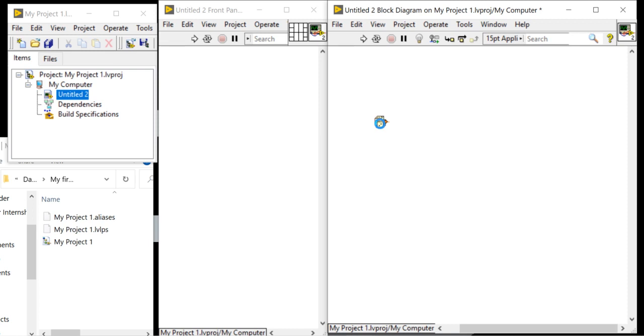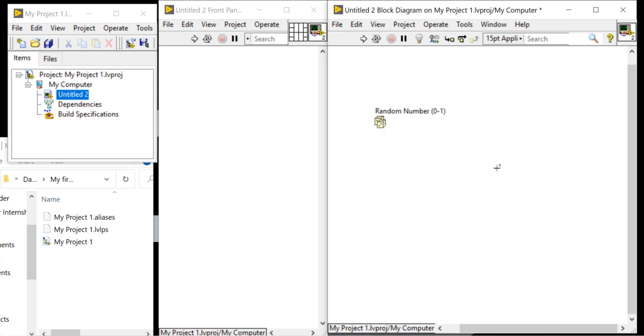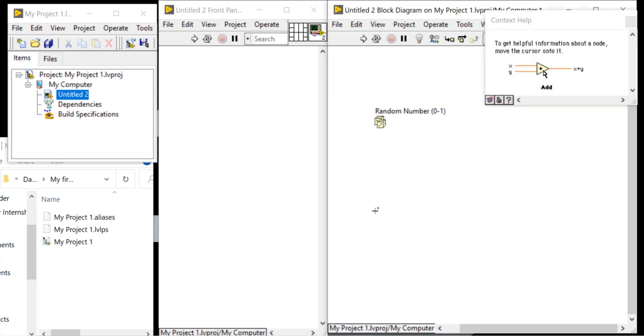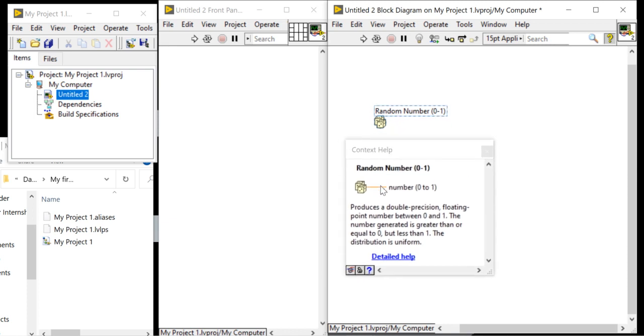When you take the random number generator, open the label random number generator 0 to 1, press Ctrl H and read the content.